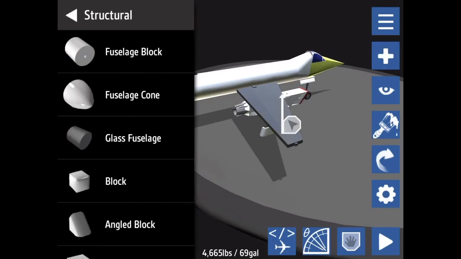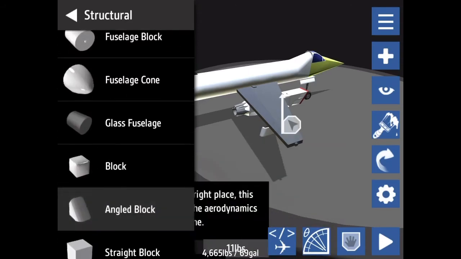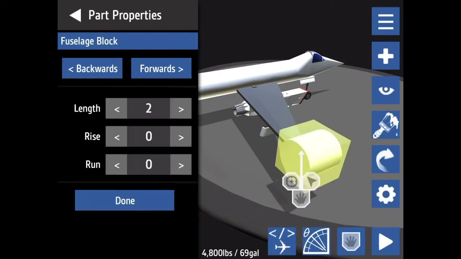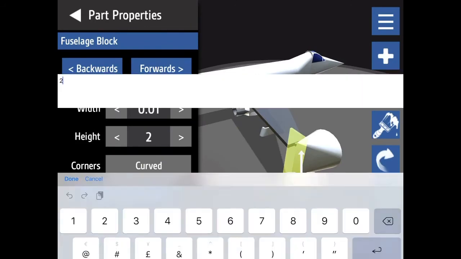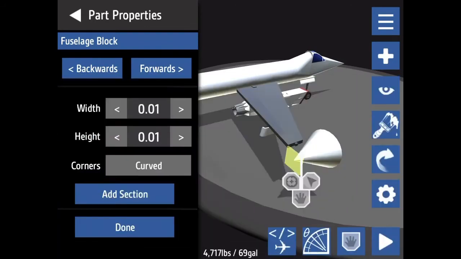So all we need to do is just add a couple more things. This is going to be hard getting all that on it, 150 parts. So let's start by doing the Douglas DC-8. McDonnell hadn't joined at the time, but the Douglas DC-8,